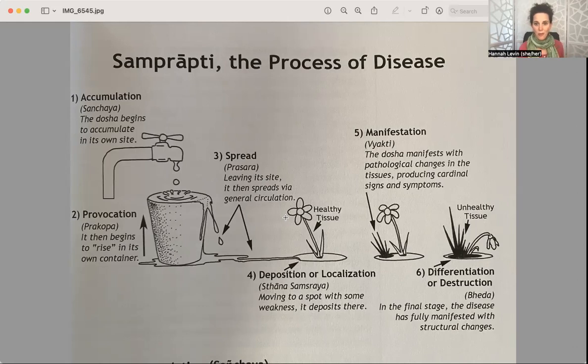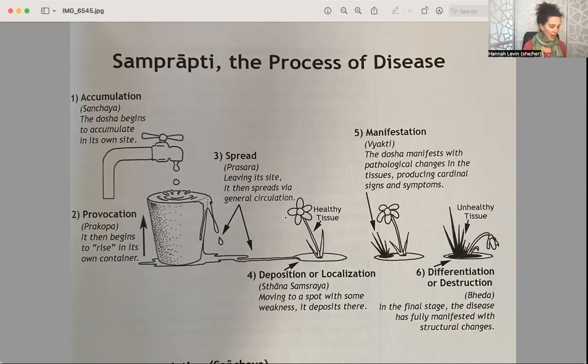The dosha manifests with pathological changes in the tissues, producing cardinal signs and symptoms. Sometimes people wait till this stage to get any kind of support. What I would like to see is that we don't wait for any stages to get support, that we learn how to be healthy and to recognize these signs through learning Ayurveda, so that when they do show up, we're ready for these signs, and we don't wait for something to get to stage 3, 4, 5, or 6. So in stage 5, manifestation,